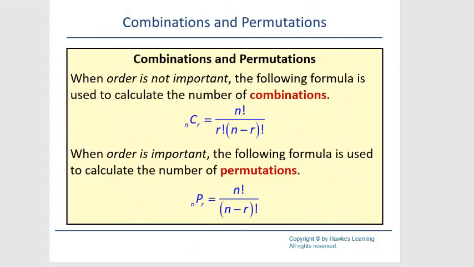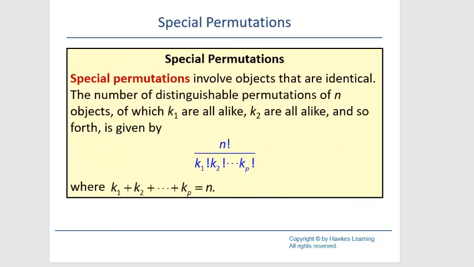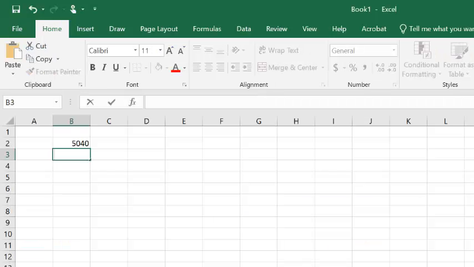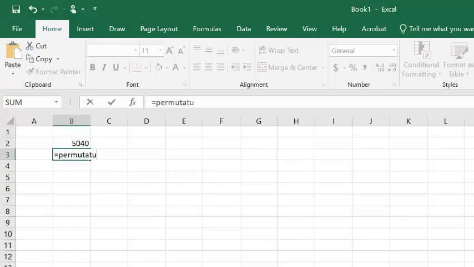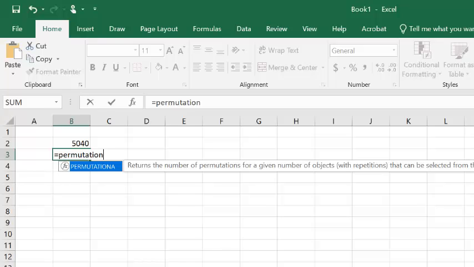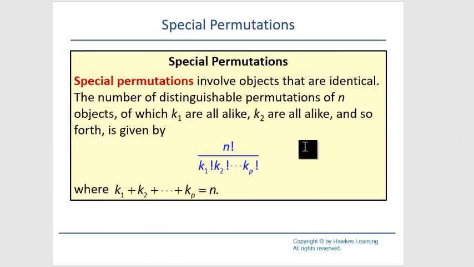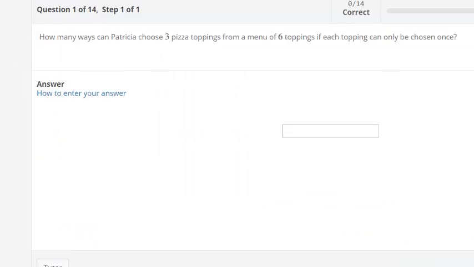And then lastly, towards the end, we have a formula for a permutation in which we have repeated numbers. These were the examples like when you were arranging the letters in Mississippi or Tennessee, where you have repeats. In Excel, this is going to be equals permutation A. However, in my practice, I never came across an example of this type. All right, so let me take you through a couple of my practice problems,